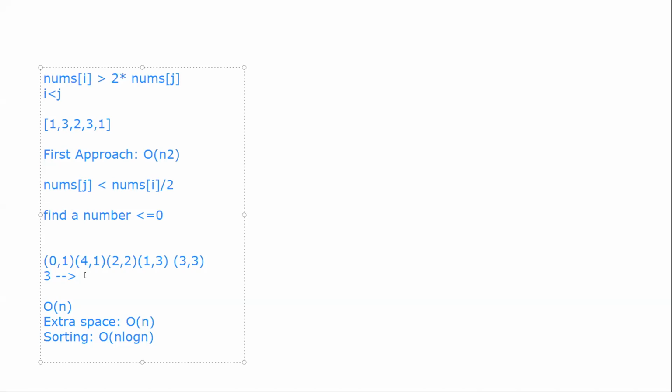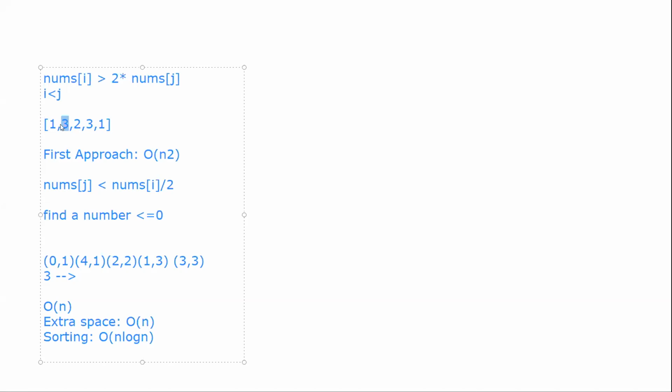Okay, so you will iterate over all the possible values, and then if their indexes are appropriate, then you'll add, right? Yeah, right. So I'll iterate through the original array, and then in my new array, I'll do a binary search by value. And once I find a value which is less than this value's half, then I try to compare its index. Does that make sense? Let me take an example, actually, it's confusing.